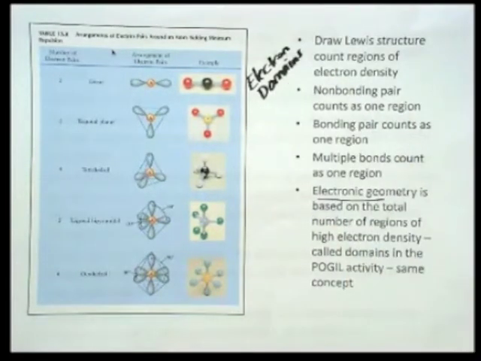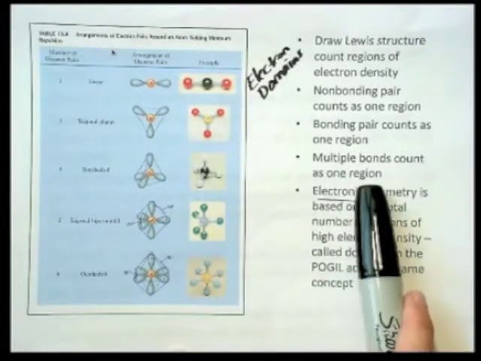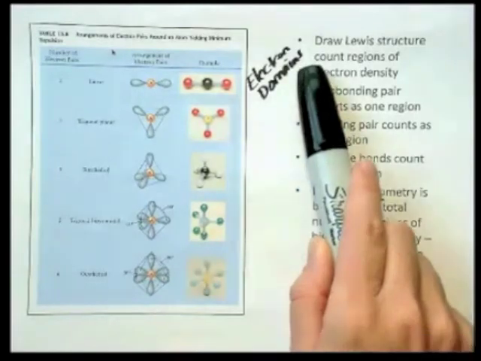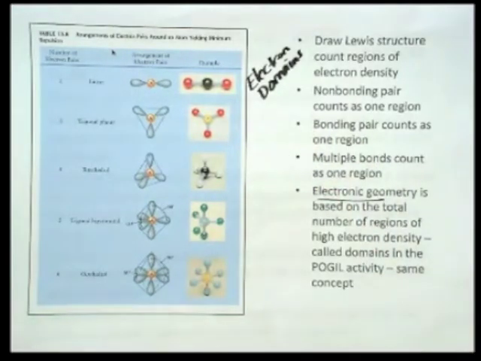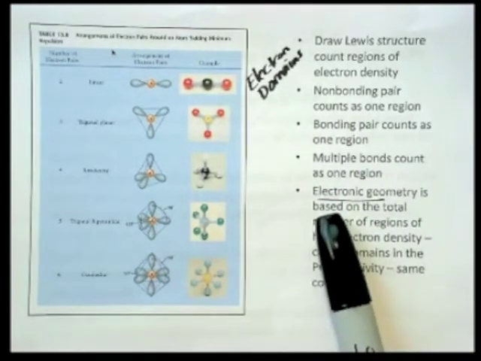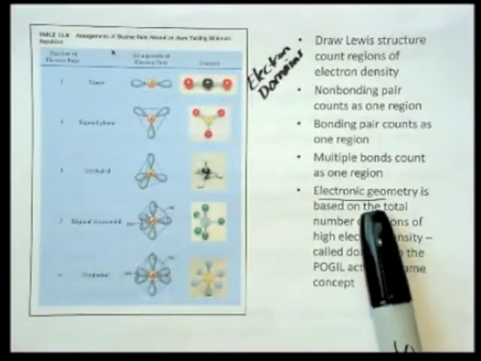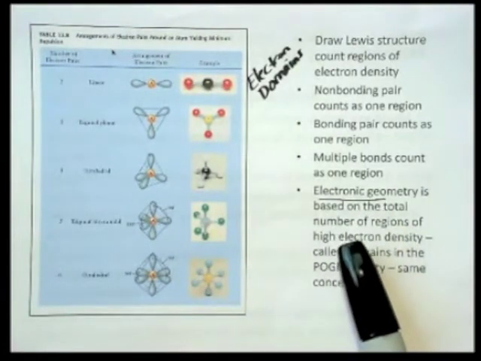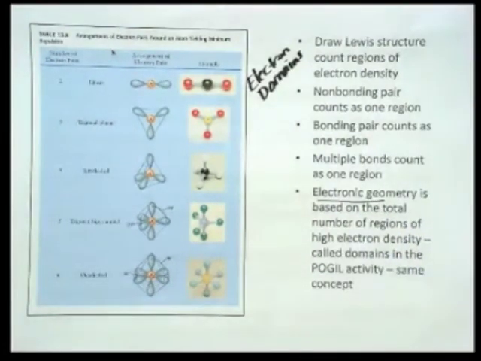It depends on the book, but it's the same concept. And then multiple bonds, of course, count as one region or one domain, which is what you learned in the POGIL activity. So the actual electronic geometry of a particular molecule is based on the total number of regions of high electron density on the central atom,